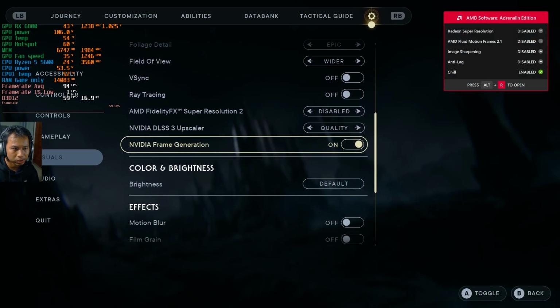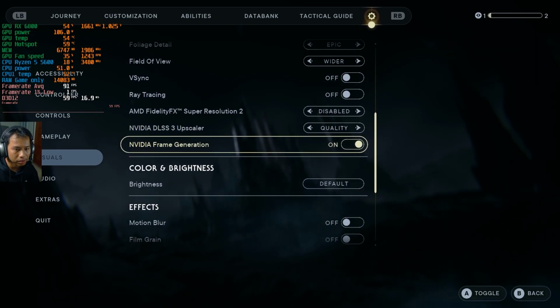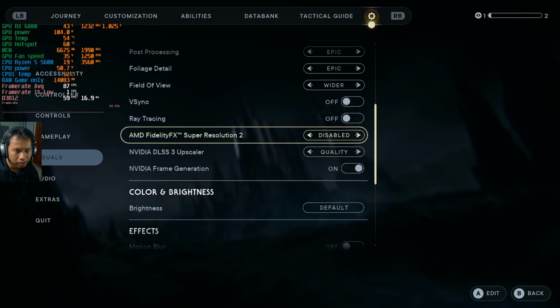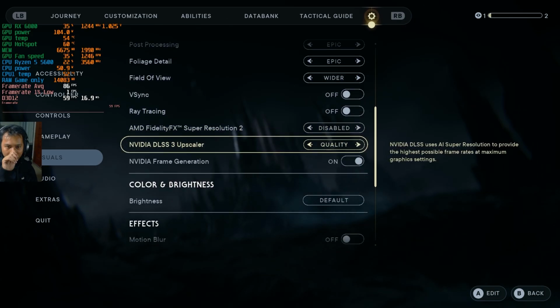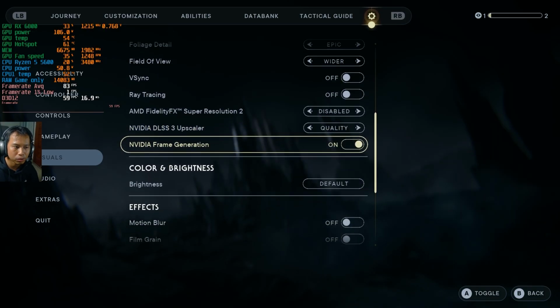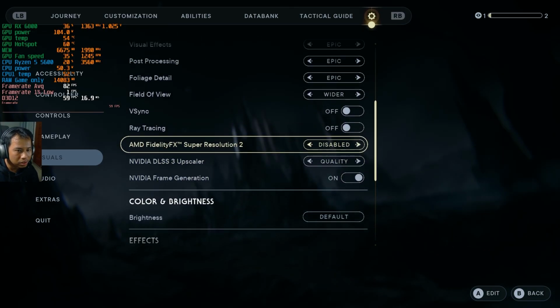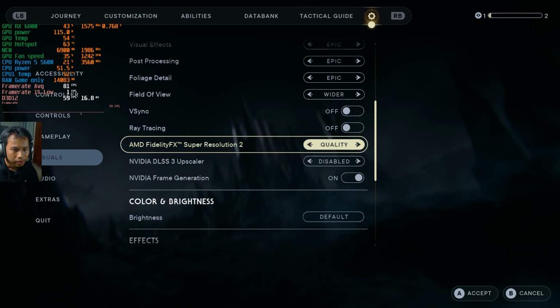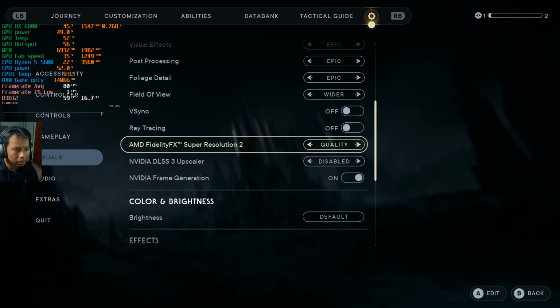So you need to toggle the frame generation from off to on. Just switch this toggle, and we can use the NVIDIA DLSS upscaler because we use the OptiPatcher, which, without spoofing, lets us enable the DLSS upscaler as well as the NVIDIA frame generation. So you need to make sure that you don't activate the FSR, and instead you activate this one. Firstly, it should be like this, and you need to do it manually.